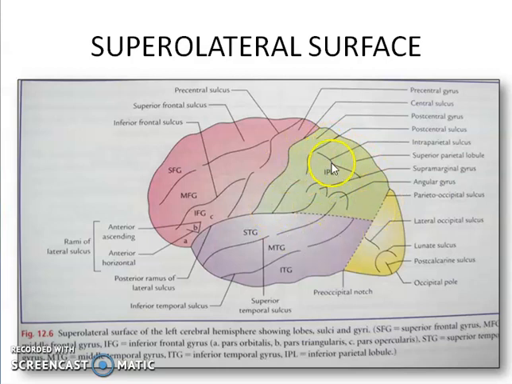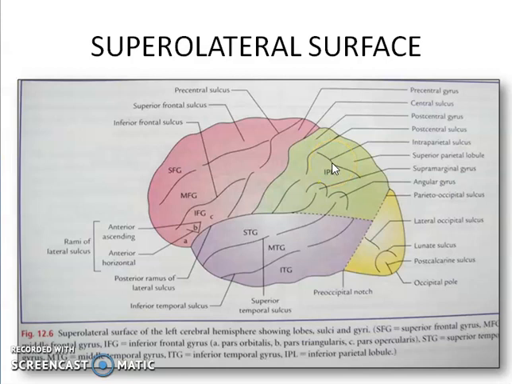Now coming to the parietal lobe. The parietal lobe is subdivided into 3 gyri by 2 sulci, the postcentral sulcus and the intraparietal sulcus. The postcentral sulcus passes downwards behind and parallel with the central sulcus. The postcentral gyrus intervenes between the central sulcus and the postcentral sulcus. The upper end of this gyrus extends onto the medial surface in the posterior part of the paracentral lobule, and this part is sensory in function.